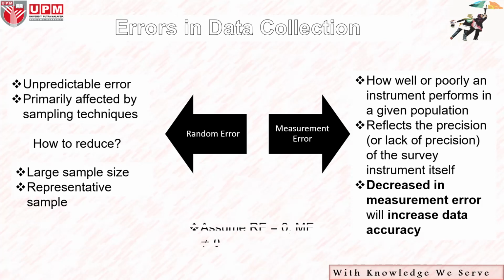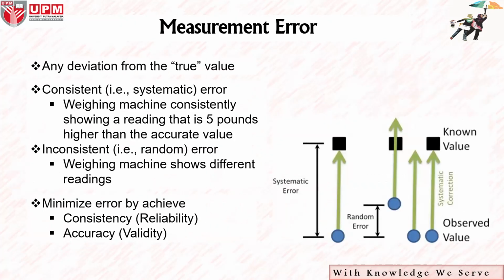Okay. So measurement error refers to any deviation from the true value. Supposedly, for example, past studies indicated that there is no significant association between employee engagement and job performance. And then in reality there really is no relationship. But in our study,